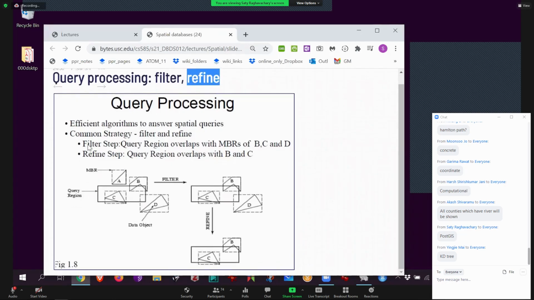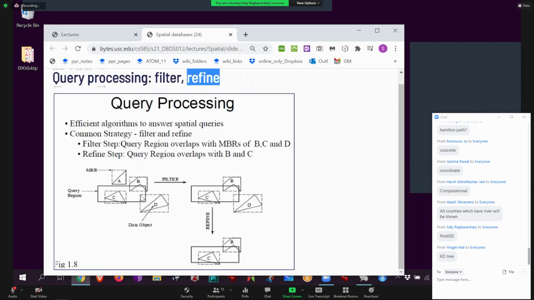So in our case, let me read. Query region simply means that with the mouse I draw a little rectangle. Then I tell you, give me all the buildings that I just drew a rectangle through. Then your real answer should be C and B, right? A is clearly out. The bounding box for A is not even overlapping the bounding box for my query, so we don't have to consider A. But look at D. D is an interesting case.